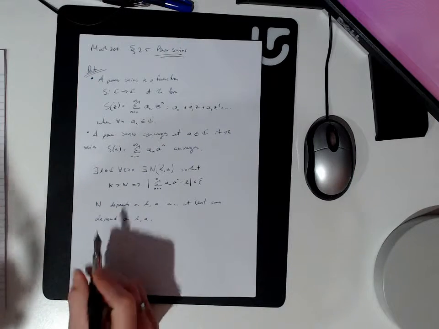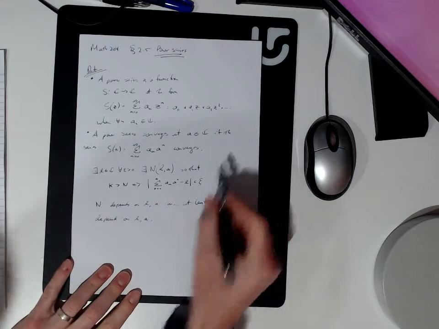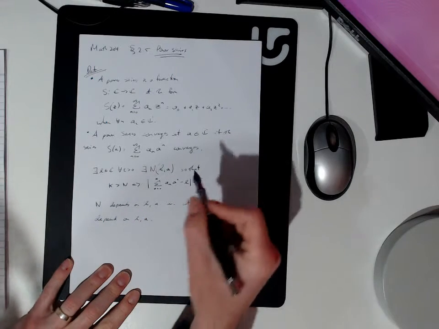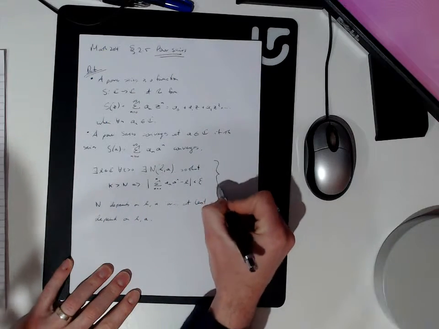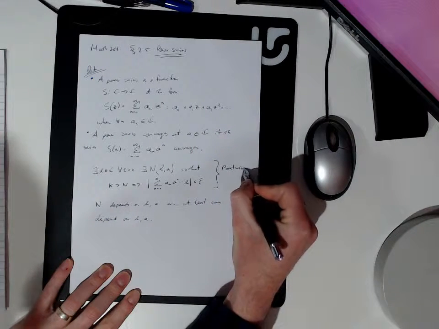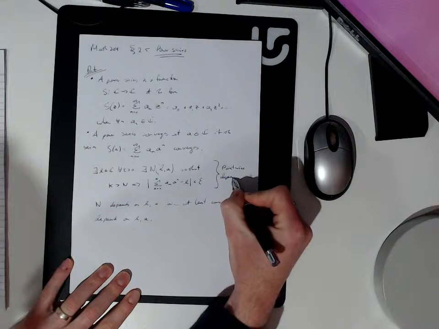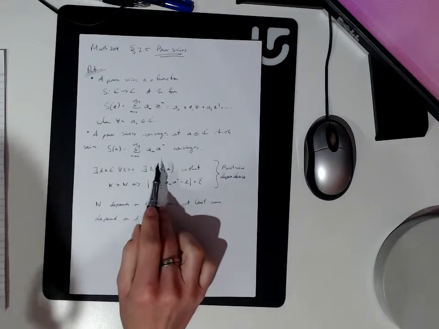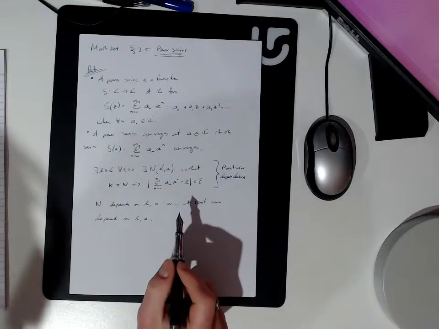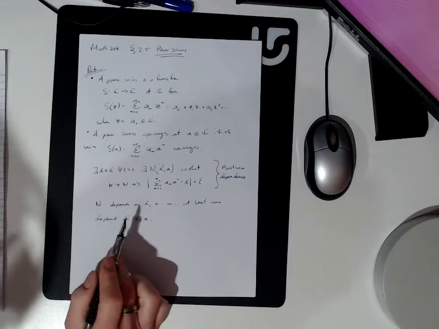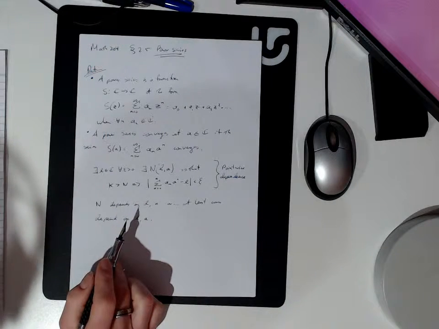Okay. So this has a particular name, and it reflects this dependence here. That name is pointwise dependence. So the point being that the convergence of the series can depend upon the point at which it's evaluated. There is another way for this to work, which is